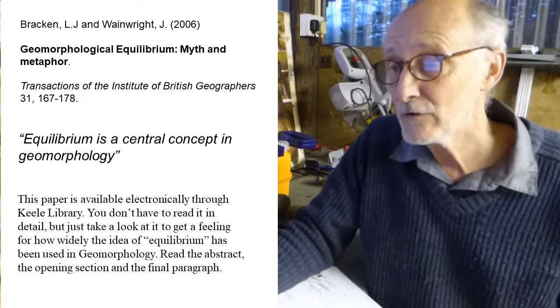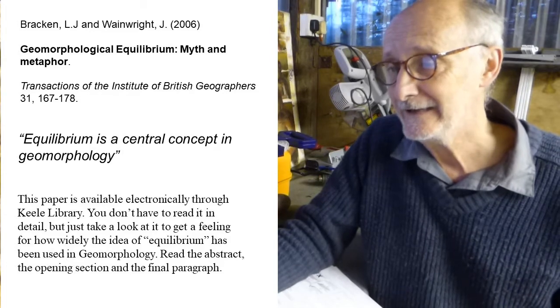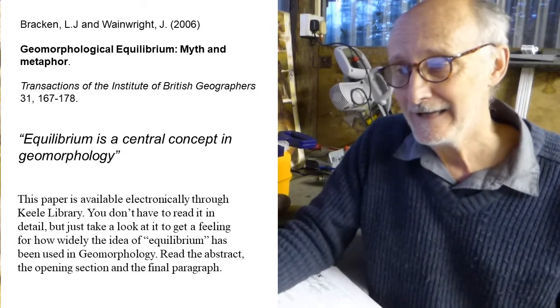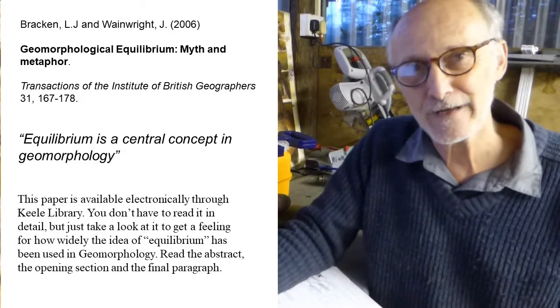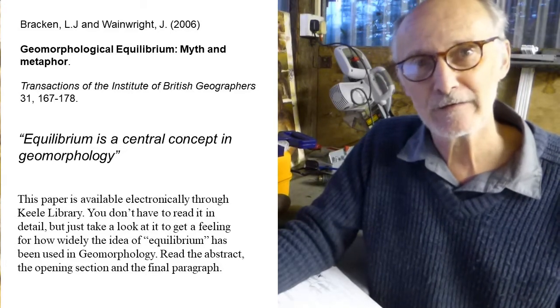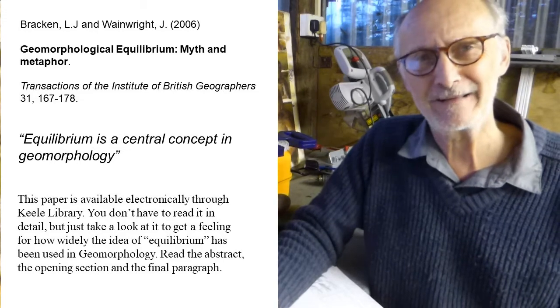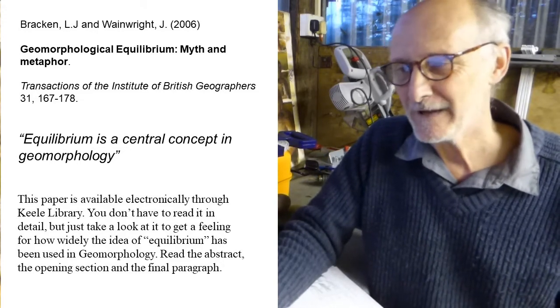And they make the point that equilibrium is a central concept in geomorphology. It's a really important idea in our understanding of landscape. But they also explain in that paper how it's often been misused, how it's led geomorphologists astray, and how it's in some ways had a quite damaging impact on the nature of our discipline, because it's led us into, if you like, a false sense of security about our understanding of how landscapes work, whereas in fact equilibrium has some